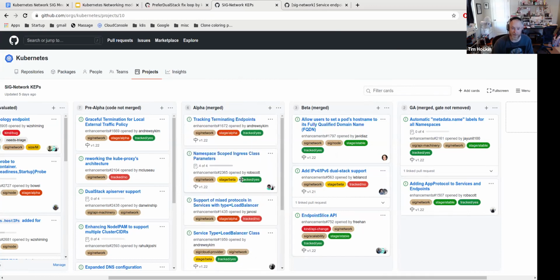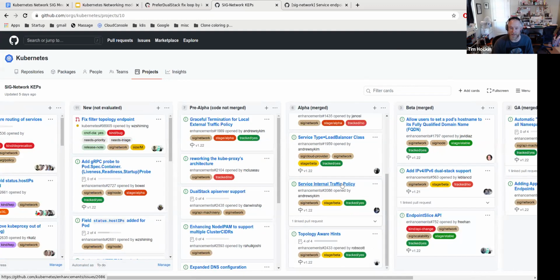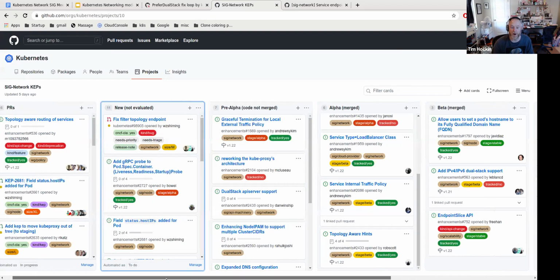I went through all of alpha and the same thing. Now, this is where I stopped because I ran out of time this weekend. But basically, some that were in GA got bumped back to beta, and some beta moved to alpha, some alpha moved to pre-alpha. There are a lot that are still in pre-alpha or new, not evaluated that I need to go through. It's entirely possible that I missed some.